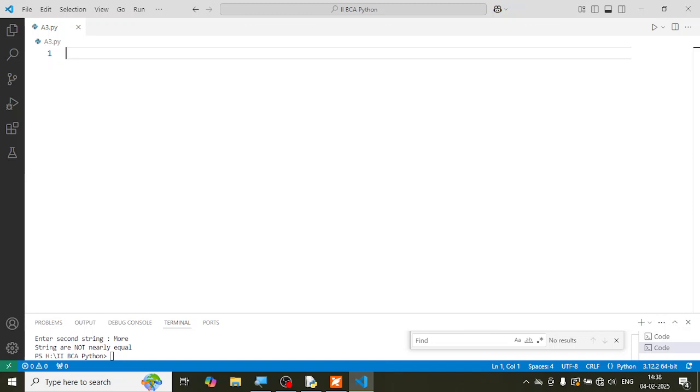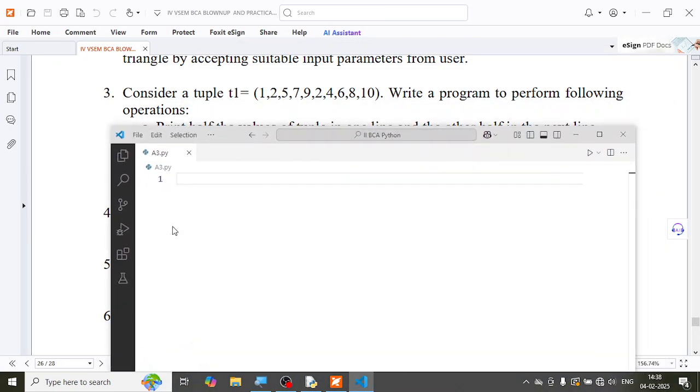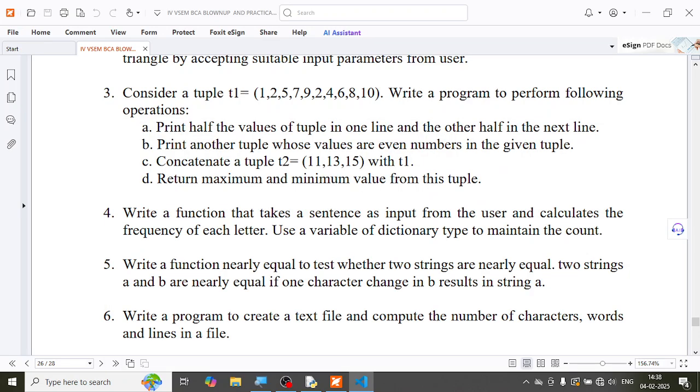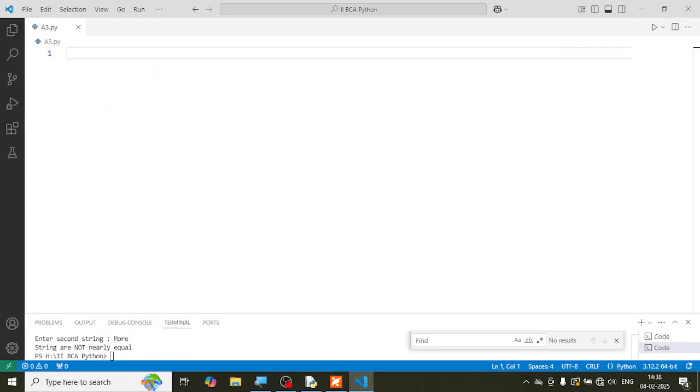So let's look at what they have given us. They have given us the tuple here, so let's build that tuple. Because I can copy paste it, let's just assume that I have typed it. I will not waste your precious video time by typing it. So this is the tuple that they have given us, and they have asked us to find the midpoint of that one. So the first question is